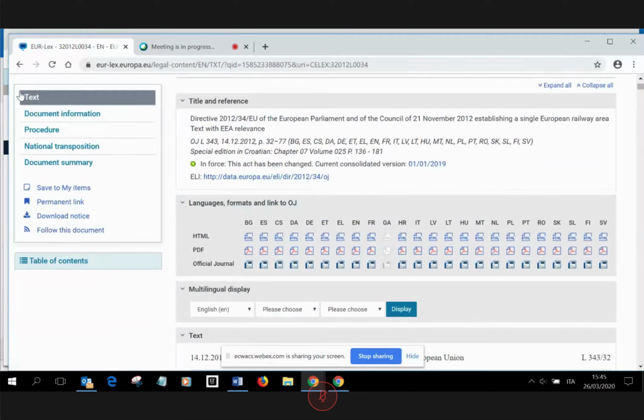So in the first view, which is the text view, you have different views, and I will go through all of these: the text, the document information, procedure, national procedure, document summary. In the text view, what is important is the directive, the title, the reference of the Official Journal. It tells you in color that this is in force. But be careful, it gives you the indication "in force", but this act has been changed, because